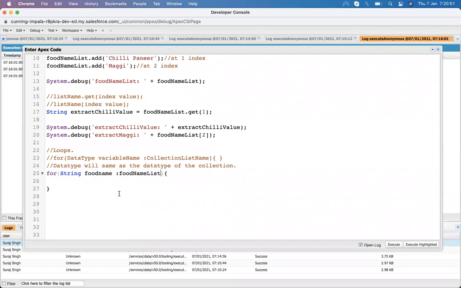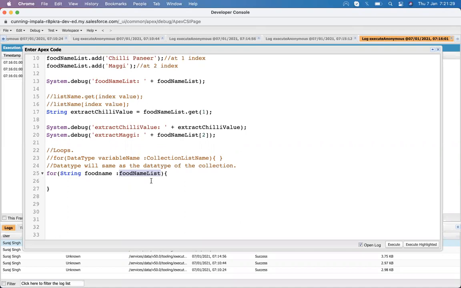Whenever the loop runs, it extracts one element from this list and puts that value into this food name, so that we can use food name in our coding.